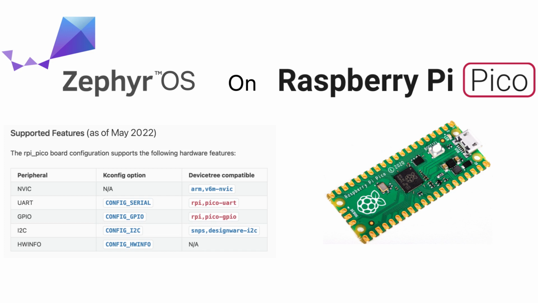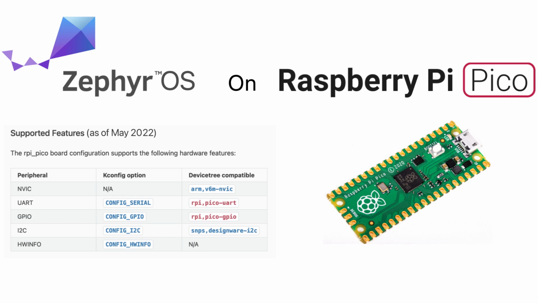Zephyr OS is an open source, real-time OS for embedded devices and it is part of the Linux Foundation. Some of the key features are small footprint, scalable, multi-architecture, and native POSIX support. If you are familiar with the Linux kernel but need a small one, or need a real-time OS for your IoT projects, I highly recommend Zephyr OS.